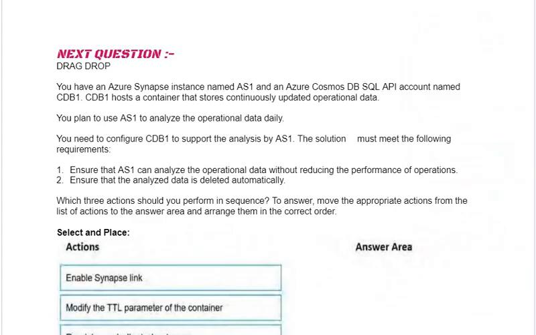Next question is, you have an Azure Synapse instance named AS1 and Azure Cosmos DB SQL API account named CDB1. CDB1 hosts a container that stores continuously updated operational data. You plan to use AS1 to analyze the operational data daily. You need to configure CDB1 to support the analysis by